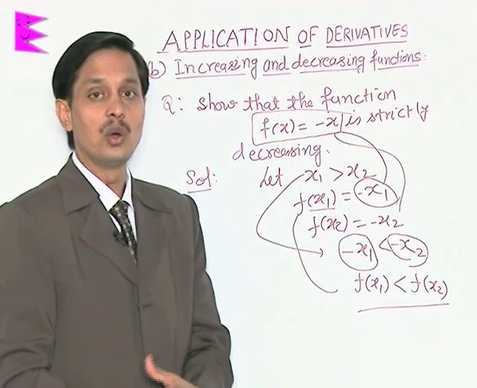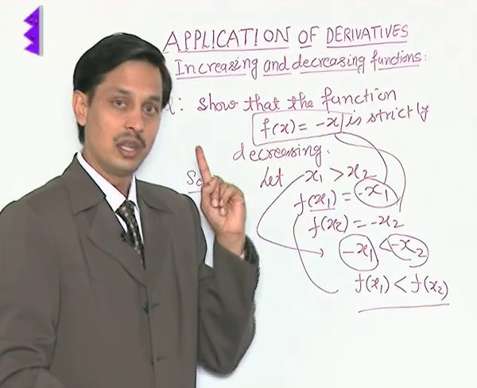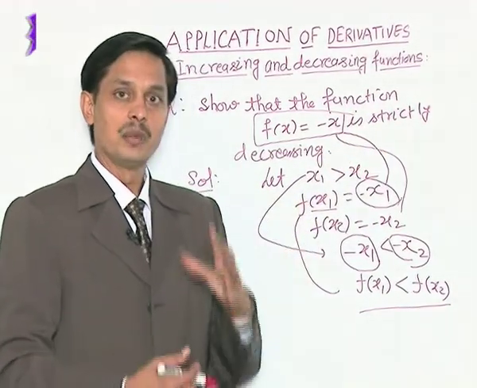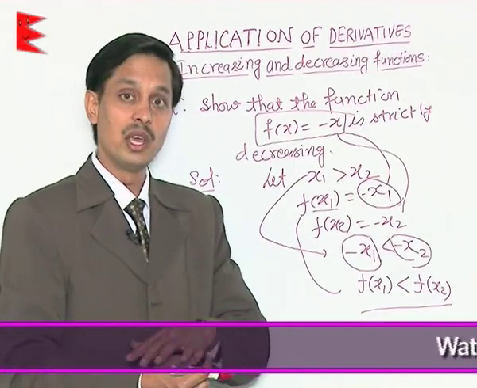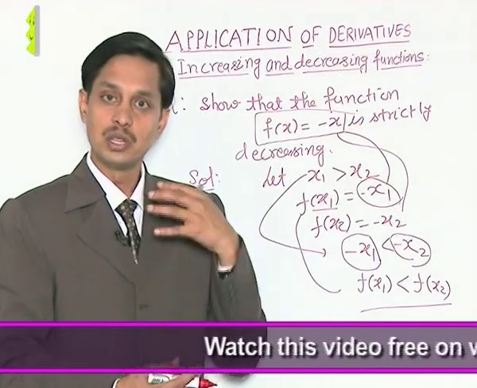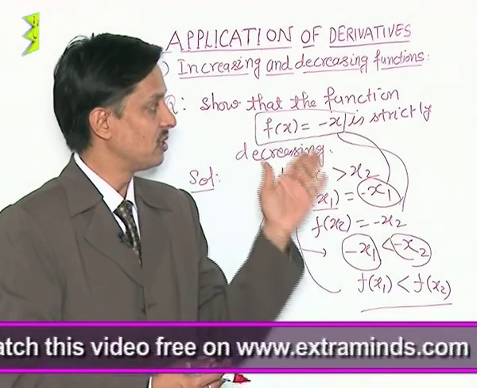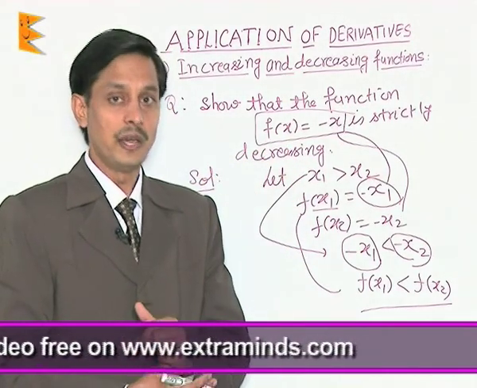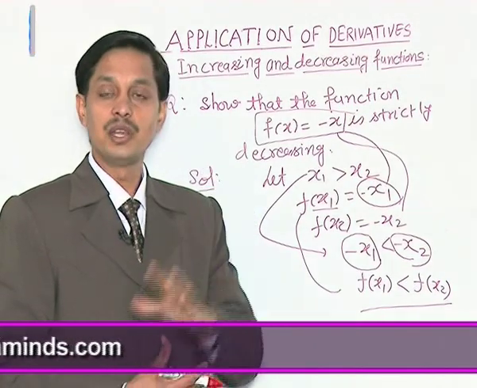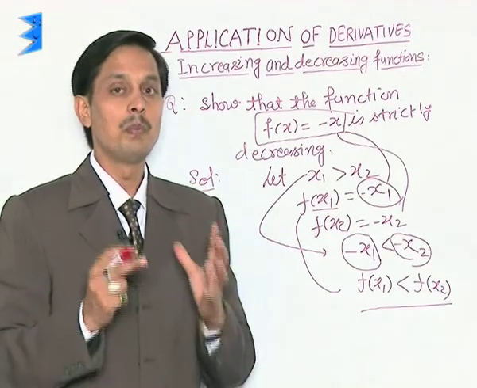Hence we conclude that this function f(x) = -x is always decreasing. That's why we use the word strictly decreasing, because there may be some functions where one part is increasing, other part is decreasing. So in that situation, we do not say that it is strictly decreasing or strictly increasing. It depends. Few functions are strictly increasing, few are strictly decreasing, few are increasing and decreasing in the given particular